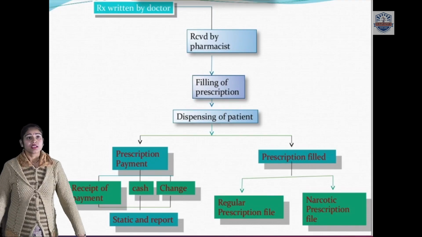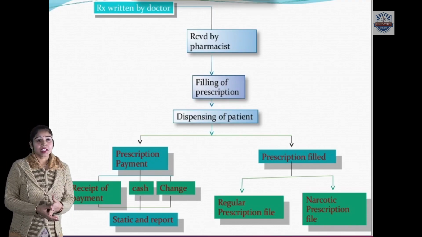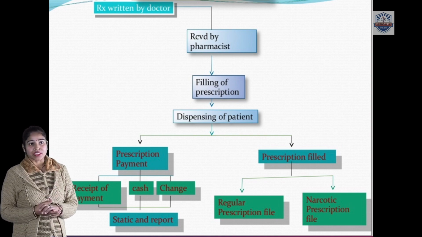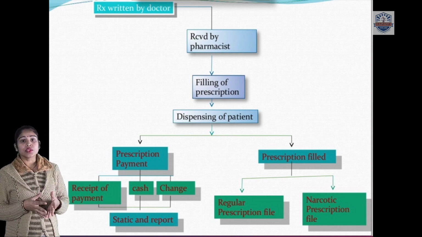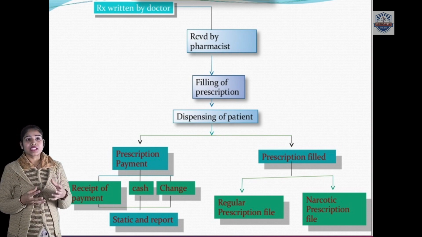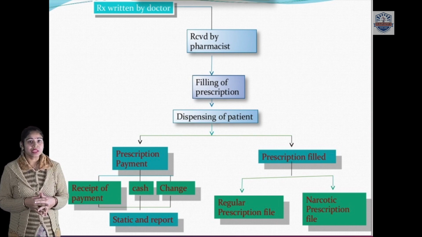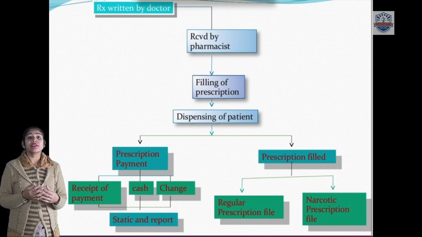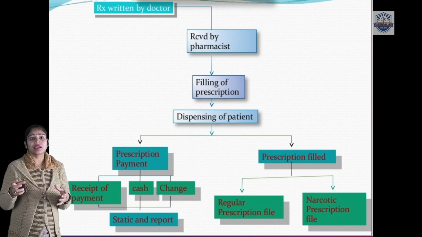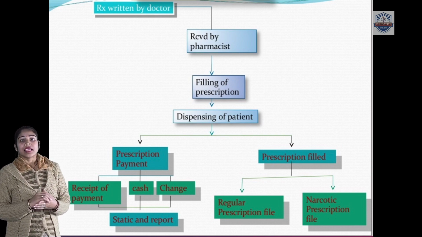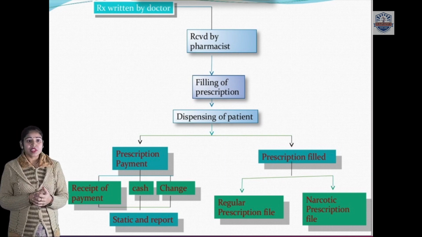Okay. In this slide, we will discuss the activity of outpatients, what activity they do in hospital. First one, going to the physician's office and being diagnosed for the disease. Physicians write the prescription and the prescription is received by pharmacists. Then filling of prescription, depending on which disease is diagnosed and which medication is running. Then filling of prescription and dispensing to the patient.